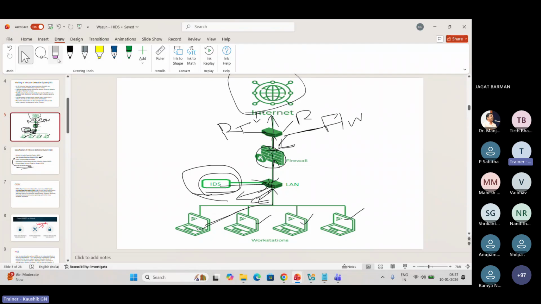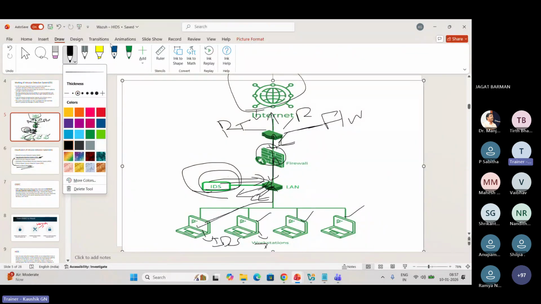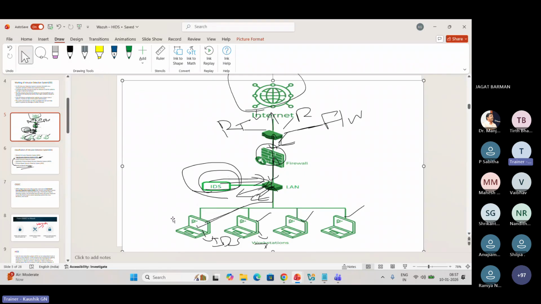I will be implementing the IDS in each endpoint or each host. It may be a computer, a laptop, a mobile device, a tab, anything. So this HIDS we implement on the host or the endpoints.